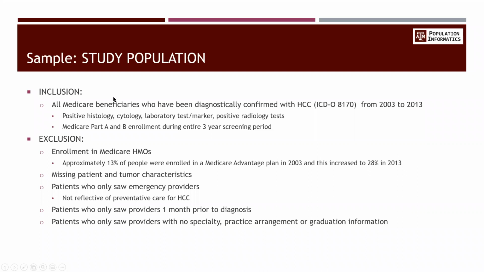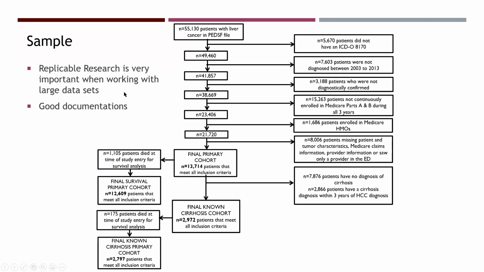Especially in the beginning, you work out all the details to say exactly, if I want to answer my question, what are the things I need? So this is now a detailed data flow that I often do in all my projects. I start with 55,000 patients in my data set. When I first started, I said everyone who has HCC cancer between 03 and 13, and they give me 55,000 patients. Well, that's not exactly it, because then I go through all my inclusion and exclusion criteria,